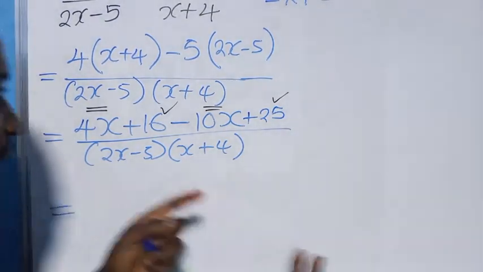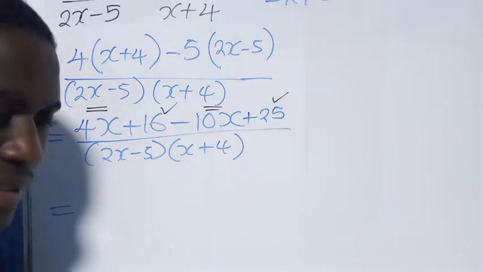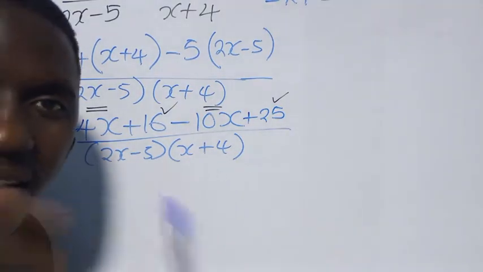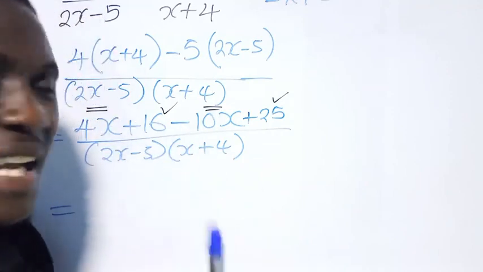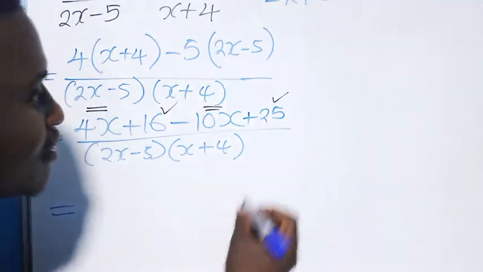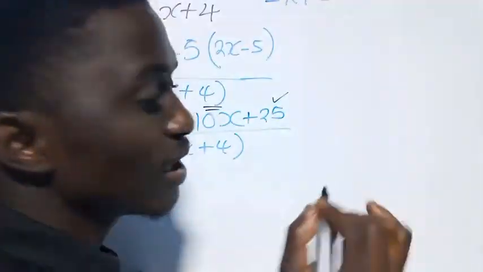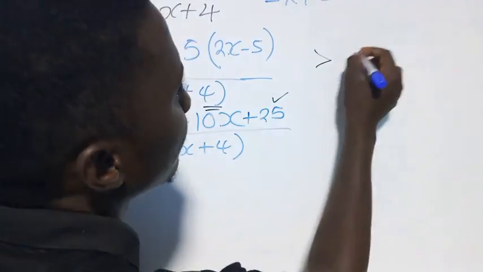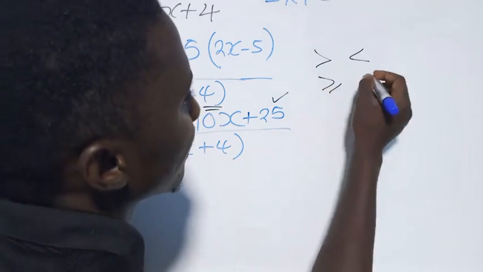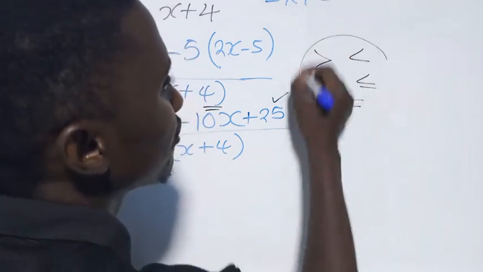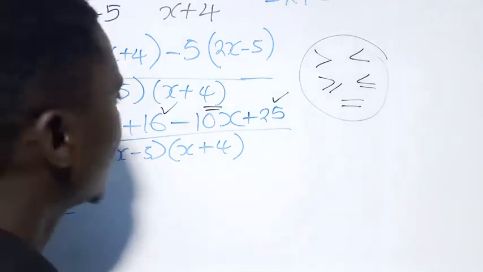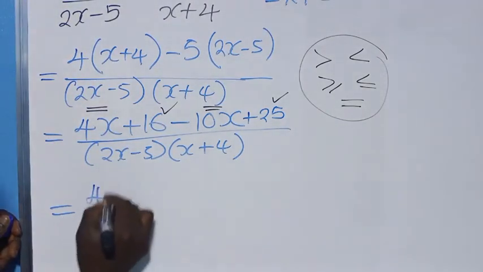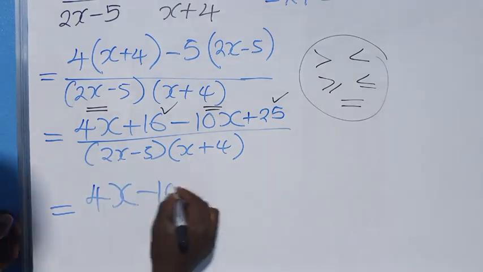When you are picking like terms here, please, the sign is maintained. If it was positive, it will still be positive. If it was negative, it will still be negative. The sign only changes if there is this in your question. Only if there are these 5, that's when it can change to become positive or to become negative.